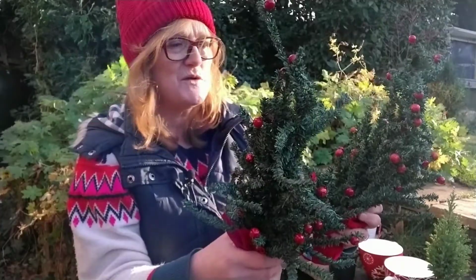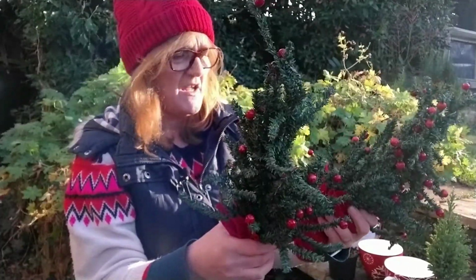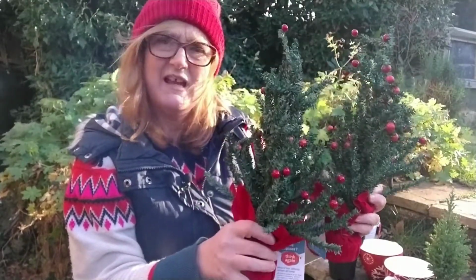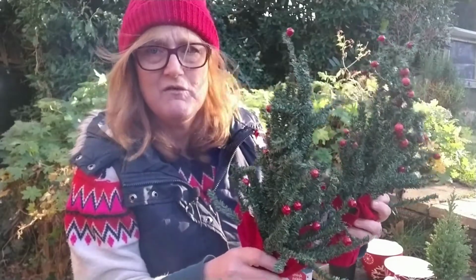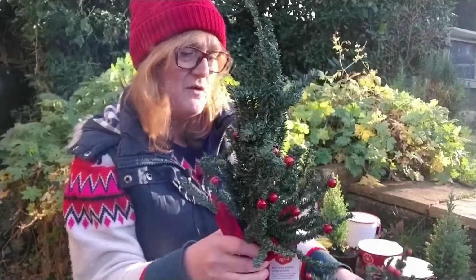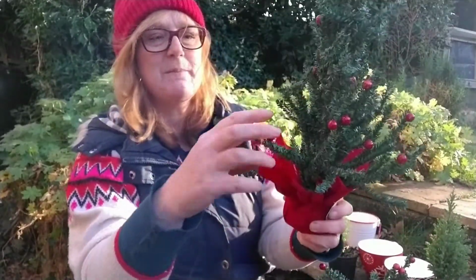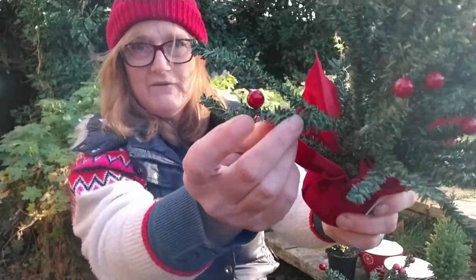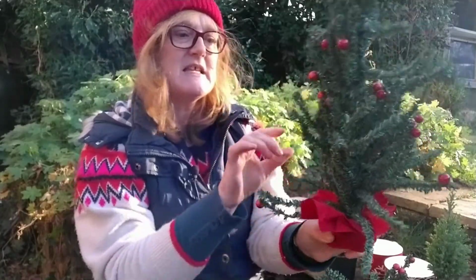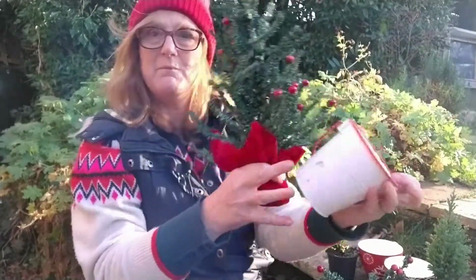And then over the course of the last few weeks, they've been sitting in my workshop. And I've been looking at them and thinking, I paid £2.50 each for these, £5 per the pair. And really, I think the better value would have been to have bought more of the actual real trees from the street market. I thought with these I would fluff up each of the stems, and somebody has spent ages and ages wiring on these little berries. I think I might take them all off, take off the price label,